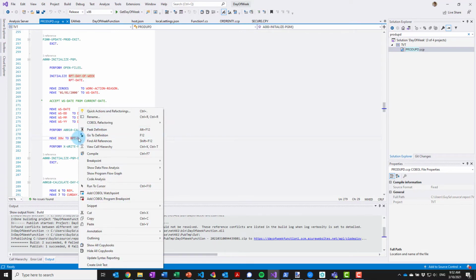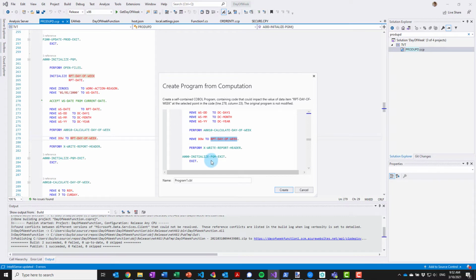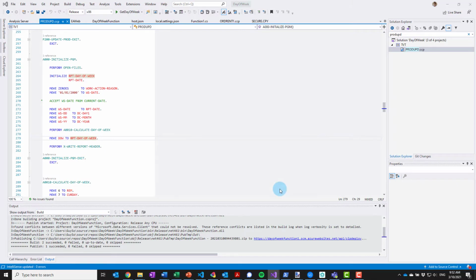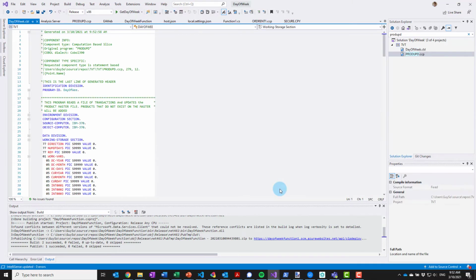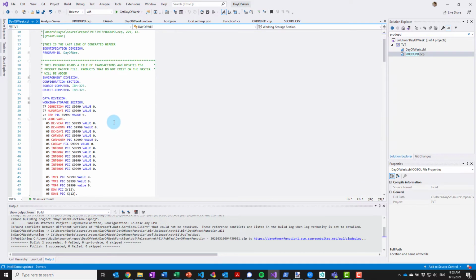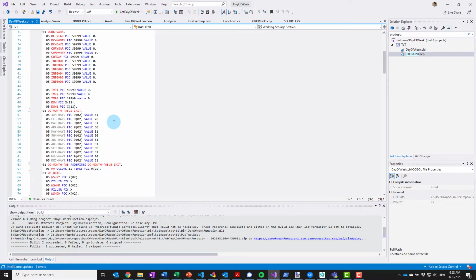But now we want to create a new program from the computation that will have the computation of the day of the week for a given date. So we found where the result of the computation is going to be in the report, day of the week, and now we're creating a program from this computation. We call it day of week. And we got a new program that is actually